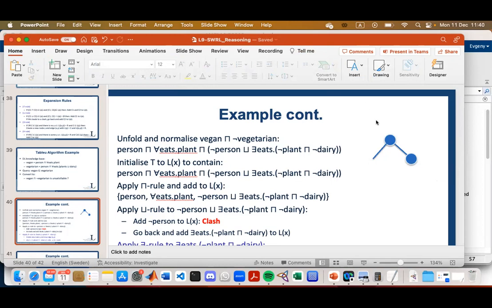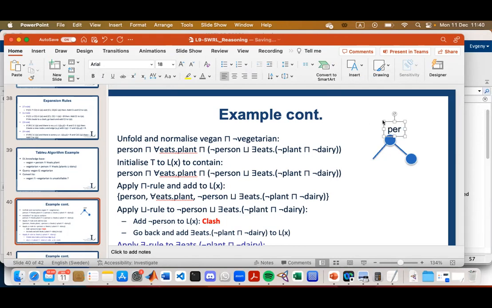So what we do here: when we encounter a concept in this form with intersections, we take each of the concepts in the intersection and create the first node in the tree. So we say that okay, we have, and we label.